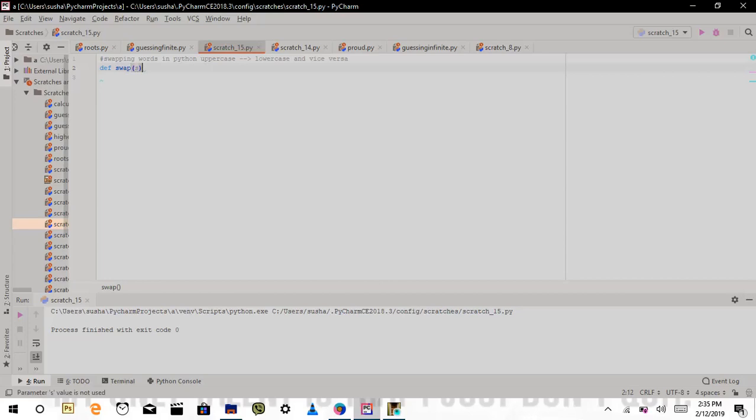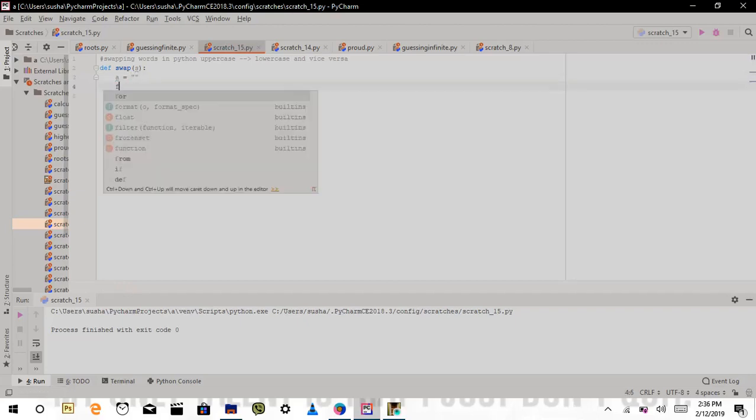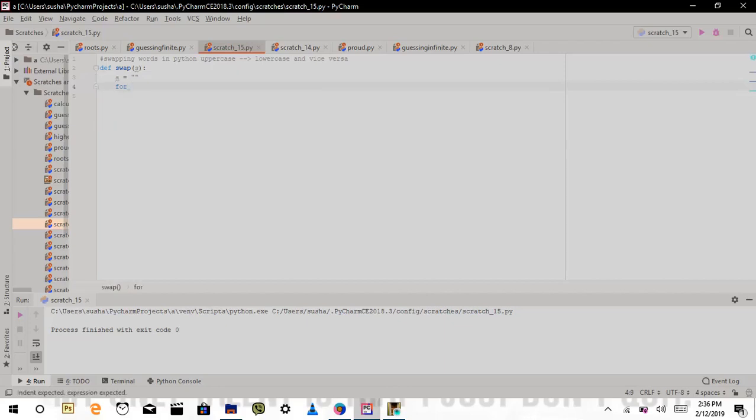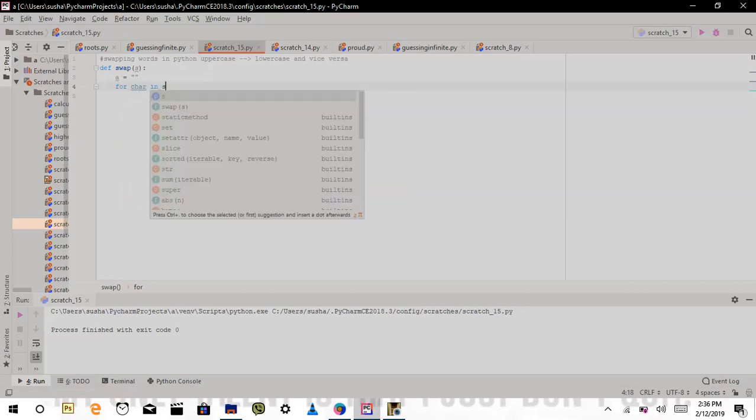and also give an input called s inside the function. And let us also define an empty string which will be our output. Now we have to start with every single character inside this s. So for char, let every single character be char. For char in s,